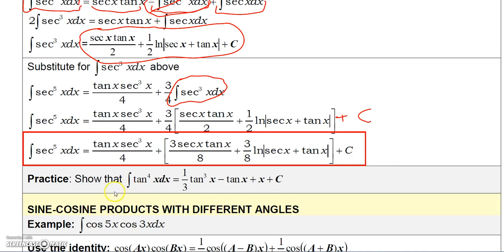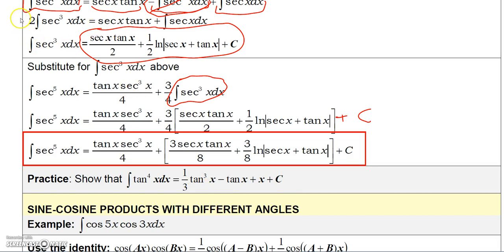Now, here's another practice problem if you want to try this one. It's probably not as extensive as the one I just did, and I don't know if you have to use parts or not here. I'm thinking you can probably do this one without parts, but anyway, it's going to be 1/3 tangent cubed x minus tangent x plus a constant, and plus x plus a constant, and that's your final